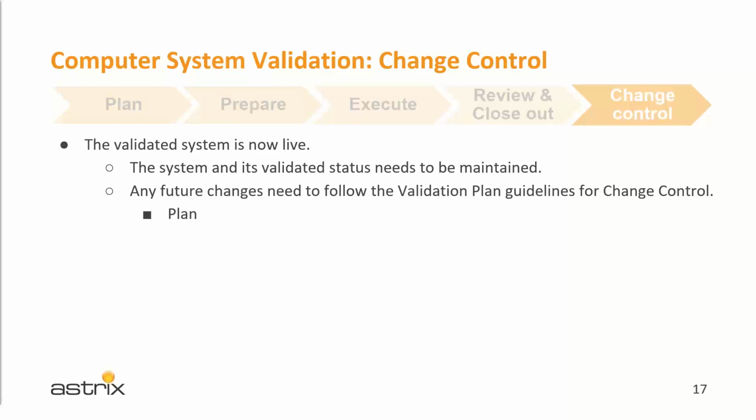The traceability matrix, the OQs, the PQs, the UAT, right? Know what test cases need to be updated, how many more test cases are required to cover the new functionality, for example. And then the prepare,